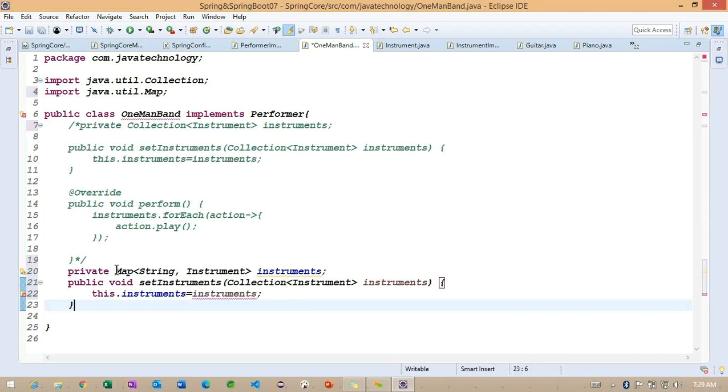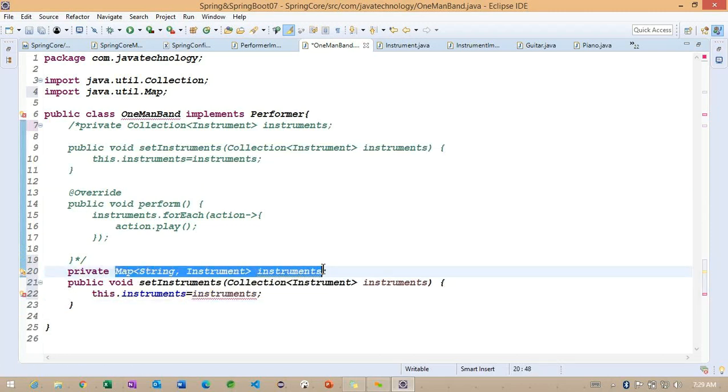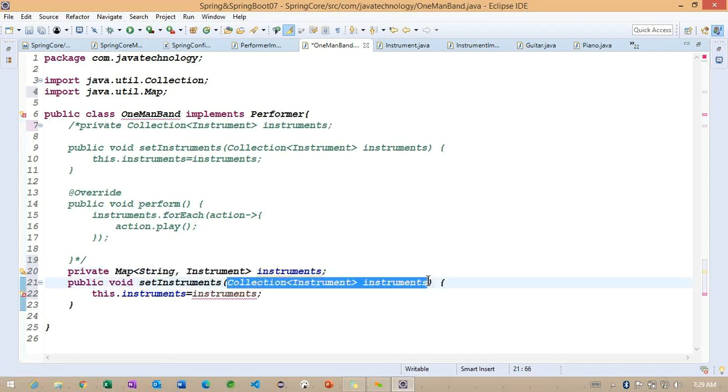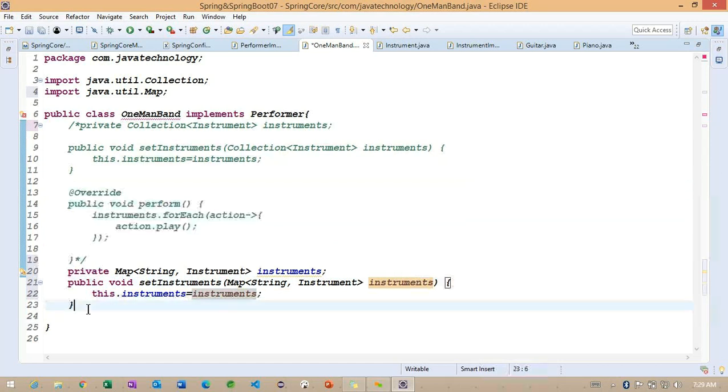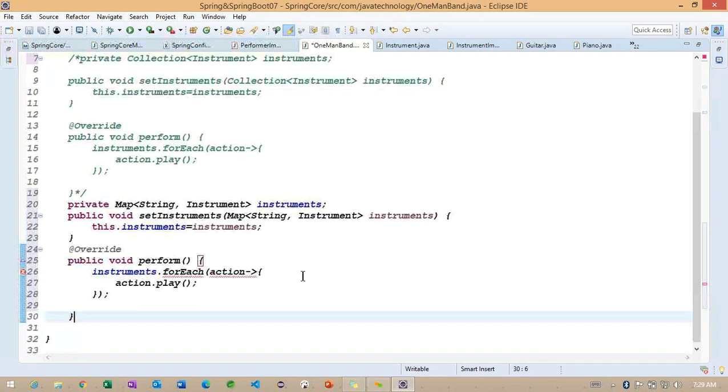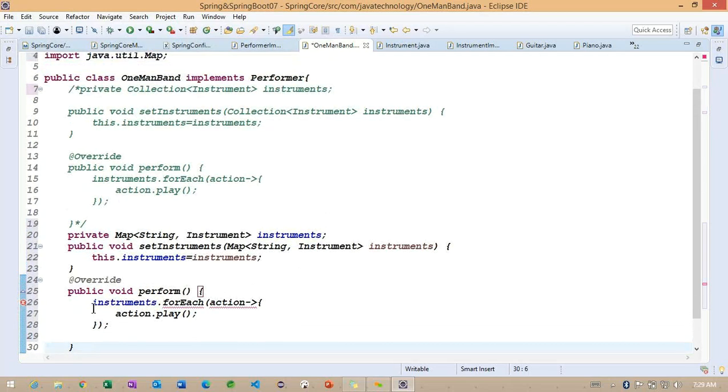Whenever we work with this setter injection, we need to change this method parameter from collection to map here. So these two sections we need to understand here, and later we need to work on this particular perform method.